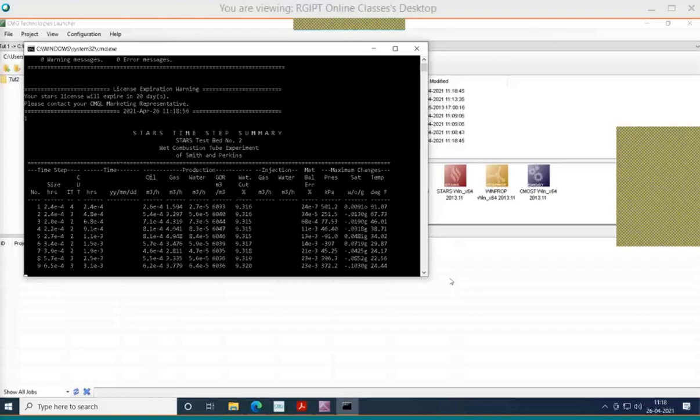Terminating the simulation, fatal error, abnormal termination. So there is some error. Water component must be present in the injection option.